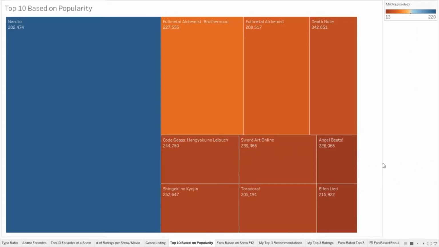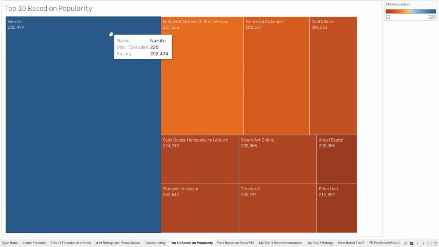And all of these have over 200,000 for a positive rating, except Death Note, which is at 342,000 in rating and low numbers in episodes, which is good, because I can recommend someone something that's a low episode count with a popular rating, or I can tell them, hey, watch Naruto, it has like 200 something episodes.